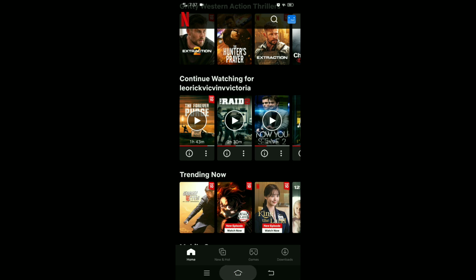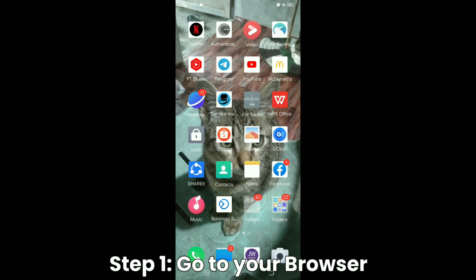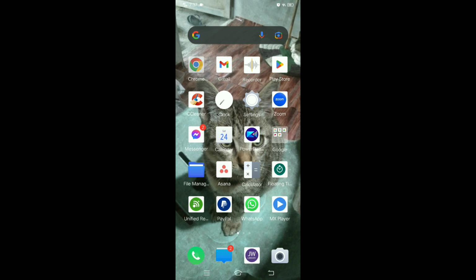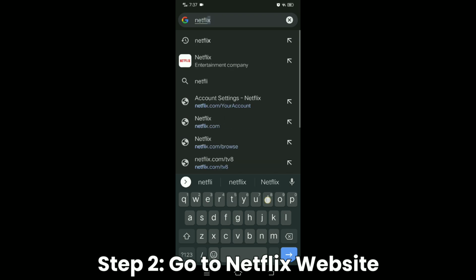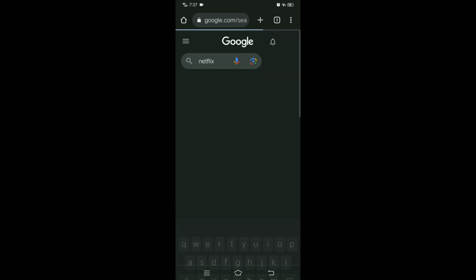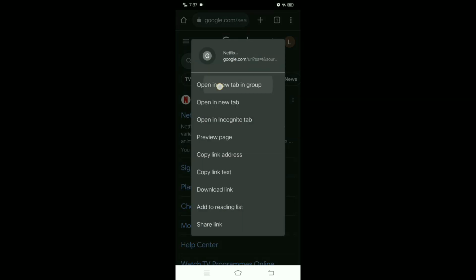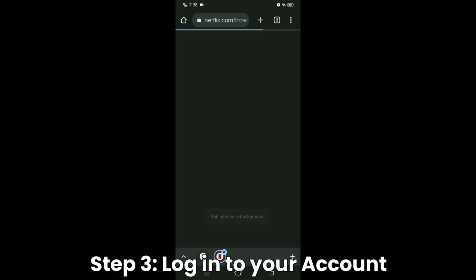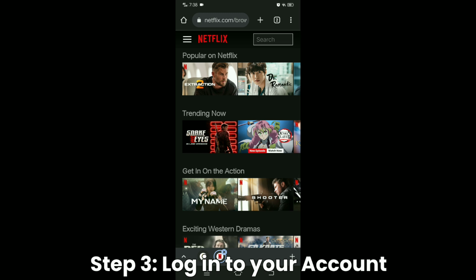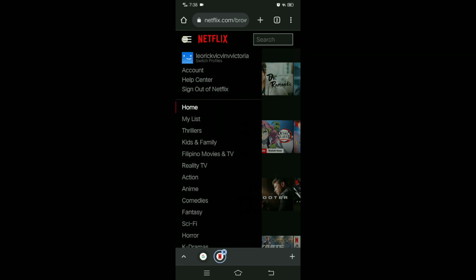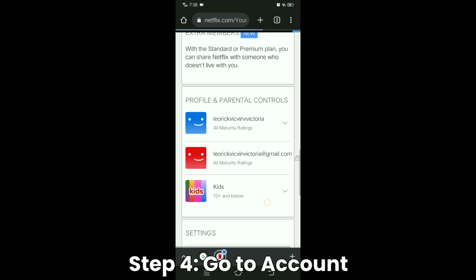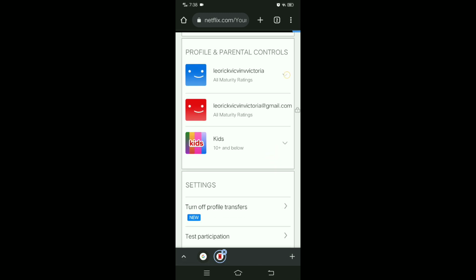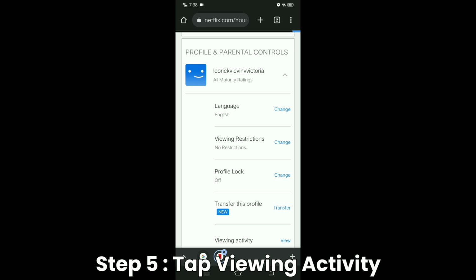So to delete or hide those, all you have to do is go to your browser, then go to the Netflix website. Then in here, log into your account. Then tap the three lines at the upper left corner and then tap account. Scroll down until you see your account. And in here, tap the arrow down